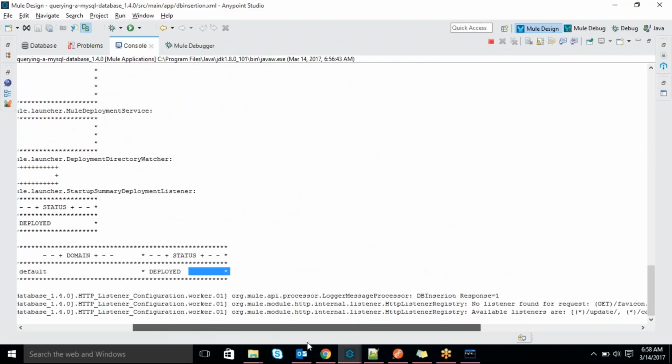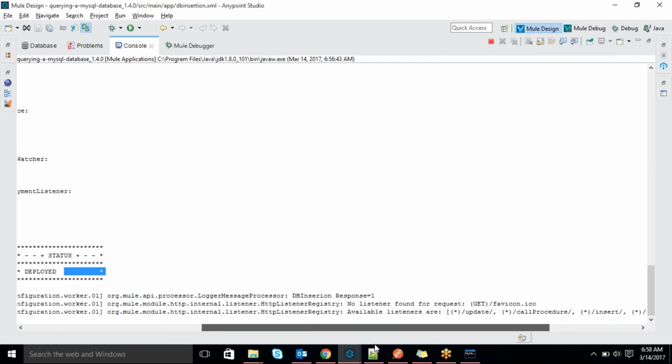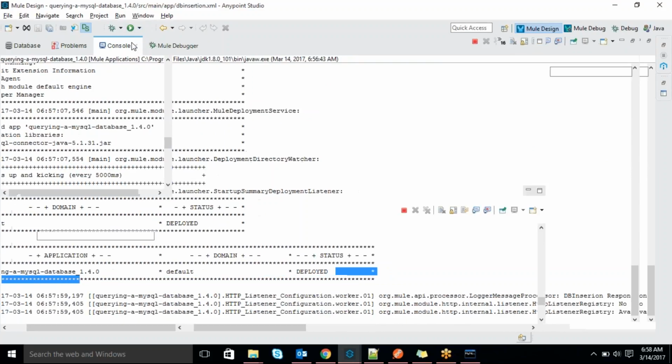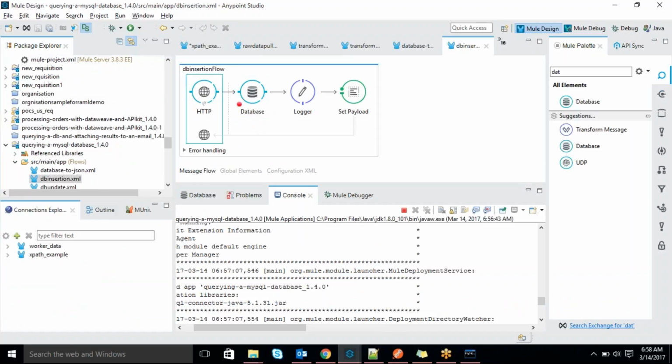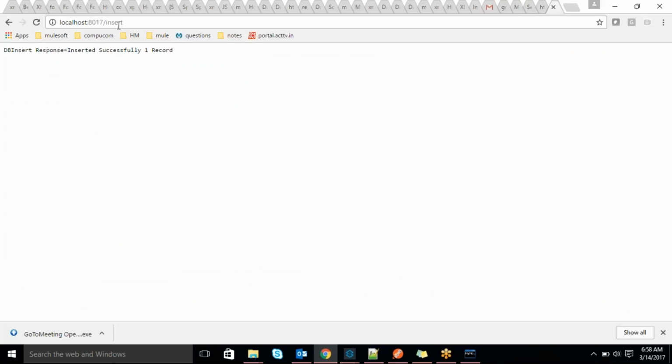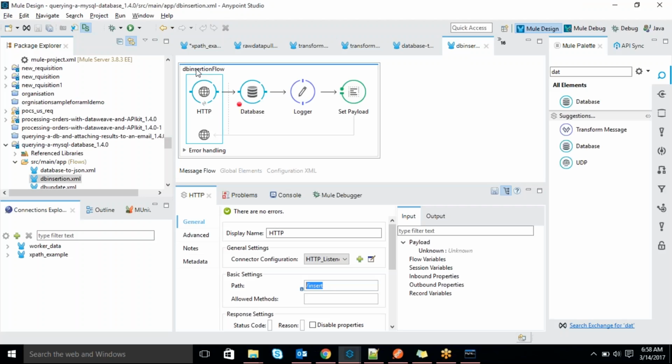Not found at first. Yeah, so the response: DB insert, inserted successfully, one record. This is the response coming from the database.